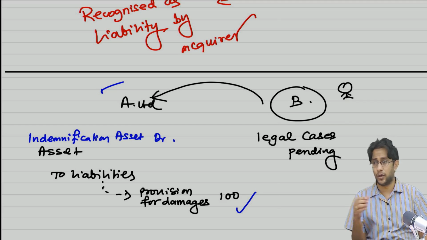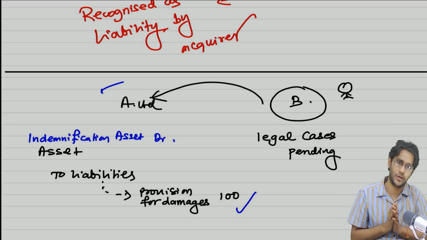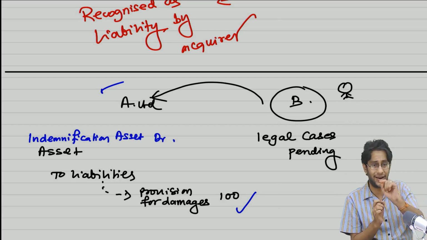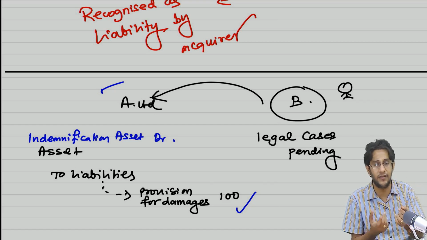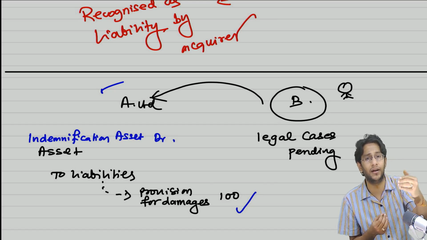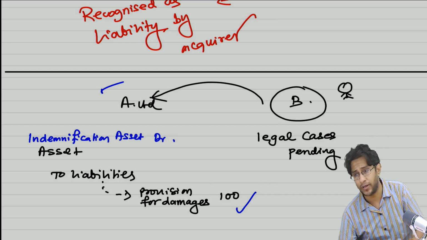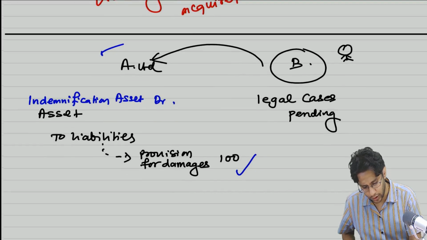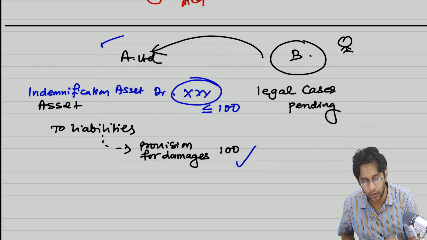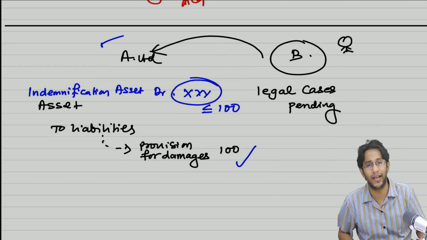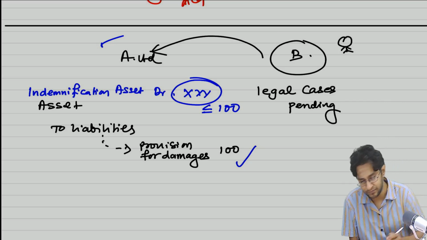Why is this an exception? Because the related liability is getting recognized. So therefore, the asset also they have given an exception. So an indemnification asset can be recognized when the related liability is also recognized by the acquirer in his books. And indemnification asset, as the name itself indicates, cannot exceed the amount of liability you have recognized. Indemnification means compensation for a loss. So you cannot have a compensation recognized at an amount higher than 100. So this can be less than or equal to 100. Sir, they agreed only 60, no problem. Sir, they agreed 120. You have to restrict this entry to only 100 rupees.